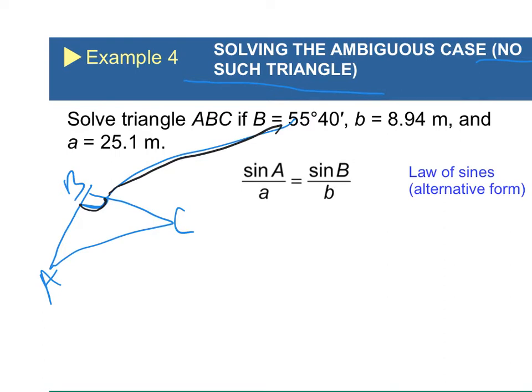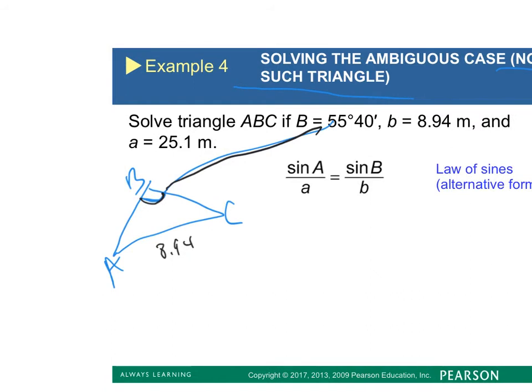Side B is 8.94. And side A is 25.1. Oh, so side A, so that's 25.1 meters. Okay. So to solve this, I would have to have,